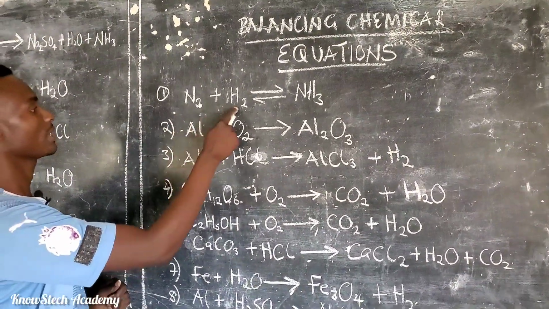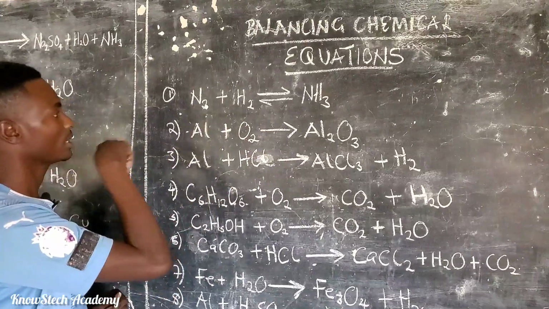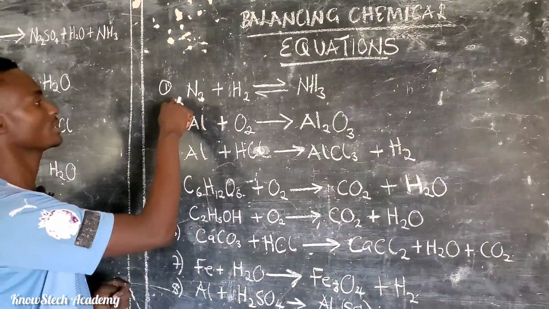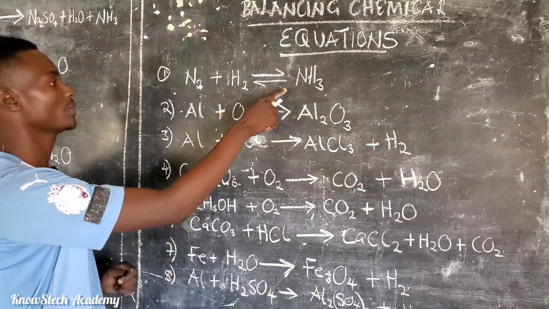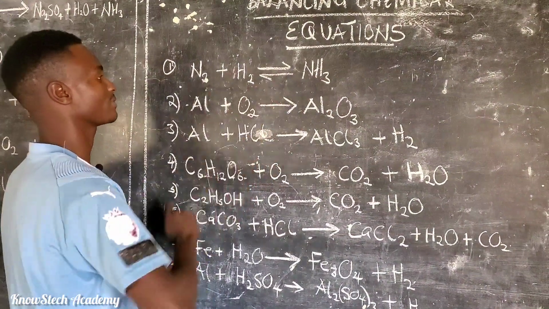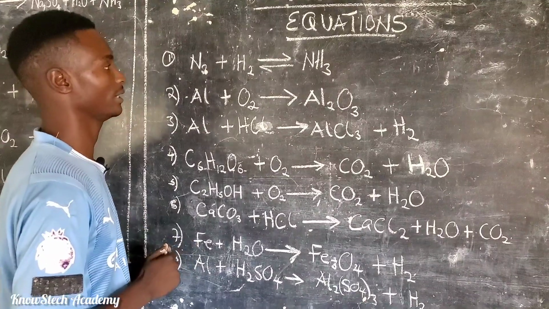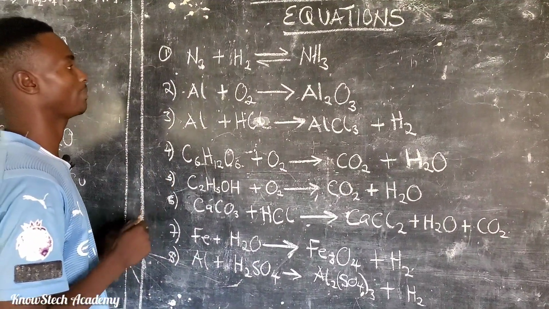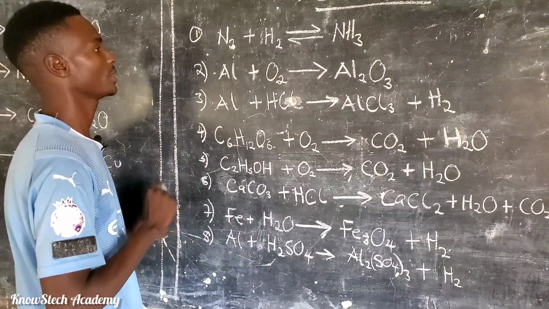So the first, we are given this equation. This is nitrogen, this is hydrogen. So this is nitrogen reacting with hydrogen to form ammonia. This is ammonia, and this reaction is a reversible reaction. This is the reaction used in the Haber process, the initial stage. So now,